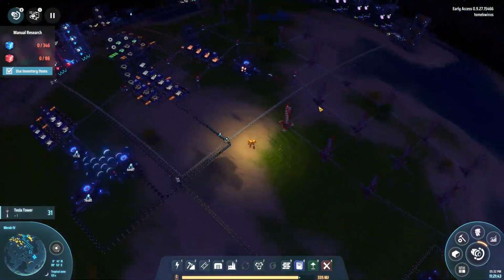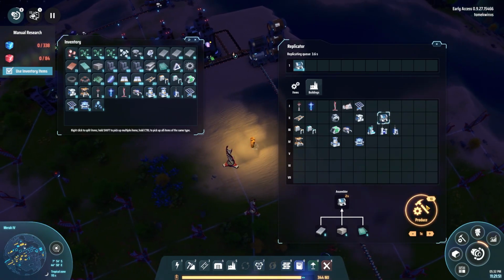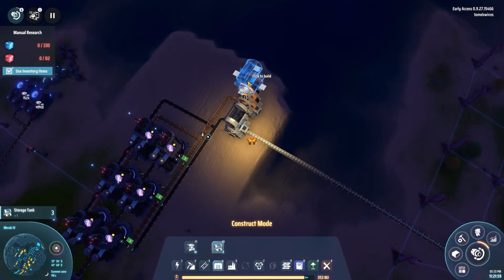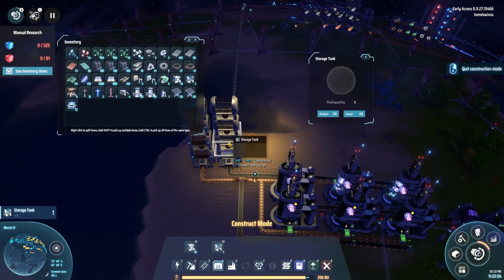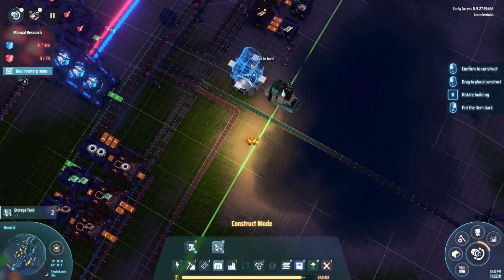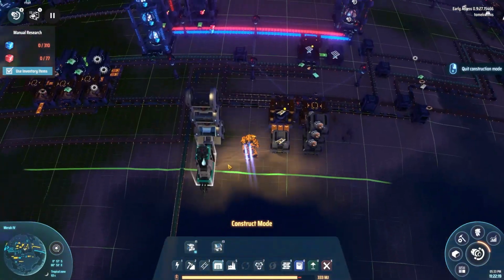And let's see what else we can do. We can definitely replicate a few more storage tanks, and then we can place those up here. Alright, so we got 1, 2, 3, 4. And then we can also do the same for the water over here. Okay, and then the next thing we can do is